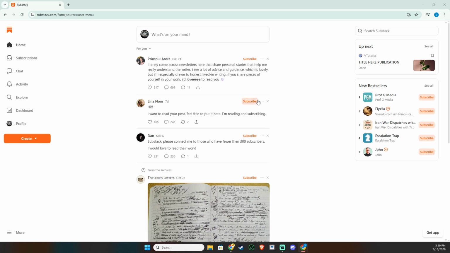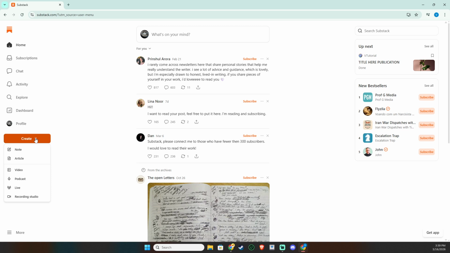It helps to have the image you plan to use already saved on your computer or device, so you don't have to pause to download or hunt for it later. Once you're on your Substack dashboard, look toward the top area of the page for the button that lets you start something new. Click Create to begin a new piece of content. This is your starting point for anything you want to publish.